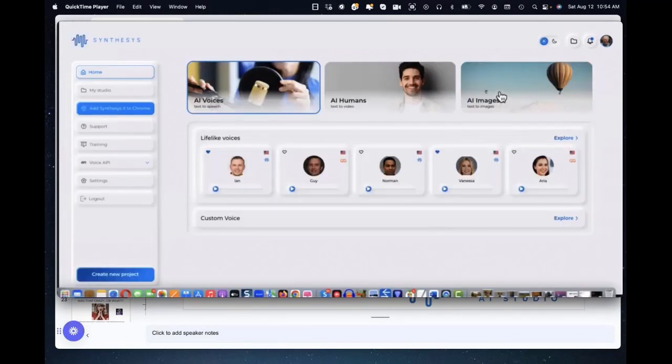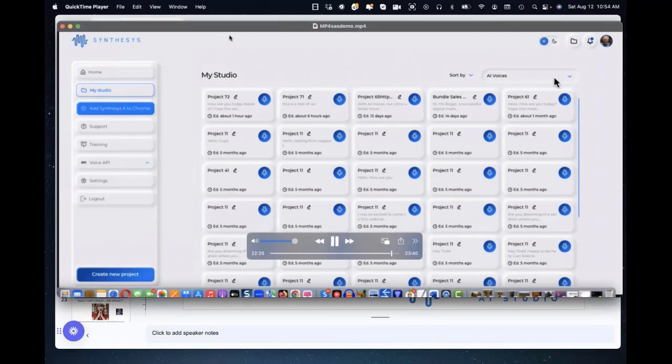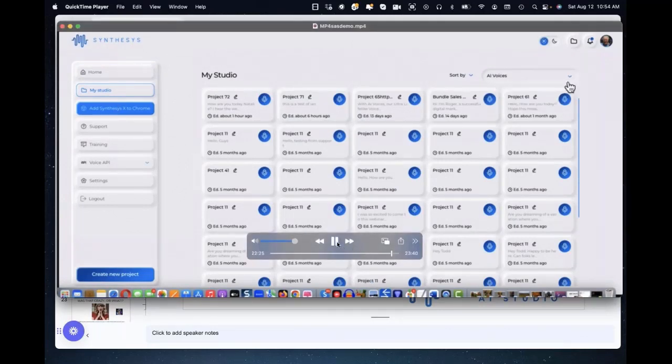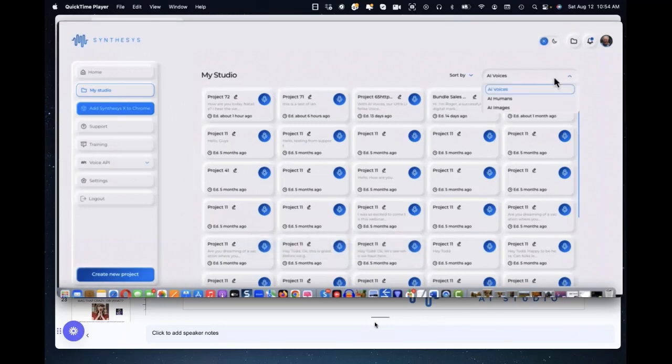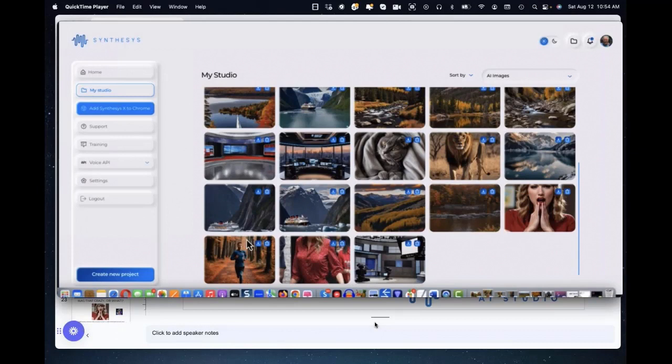Let's finish off by going back to AI images and actually showing you an image that I have not showed you yet that I was helped with the chat assistant. That's right. Let's go to my studio. Let's click on the upper right here and pick AI images. Let's scroll down to the bottom left, and what do I have? I have a beautiful image right here, and that was actually produced earlier.